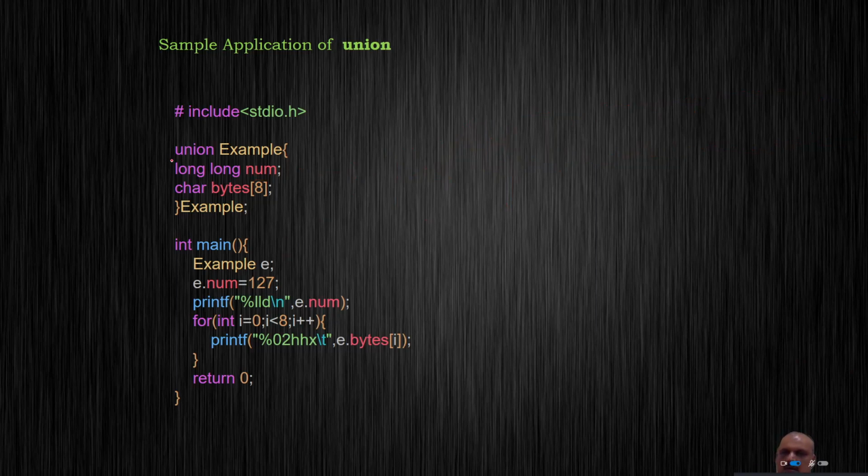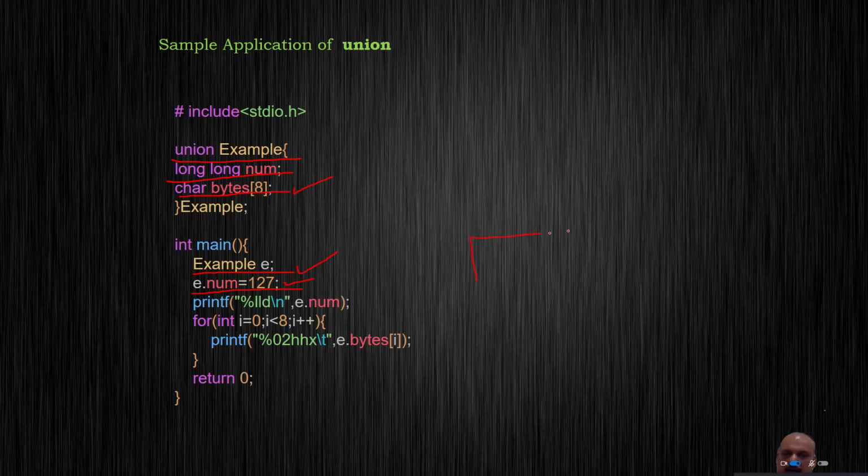Okay, so in this code I have used a union called example. It has two variables. One is a long int, which is num, and then I have a character array, which is 8 bytes. Here I create an object out of this union example called E, and I initialize the name variable of this union by a value 127.